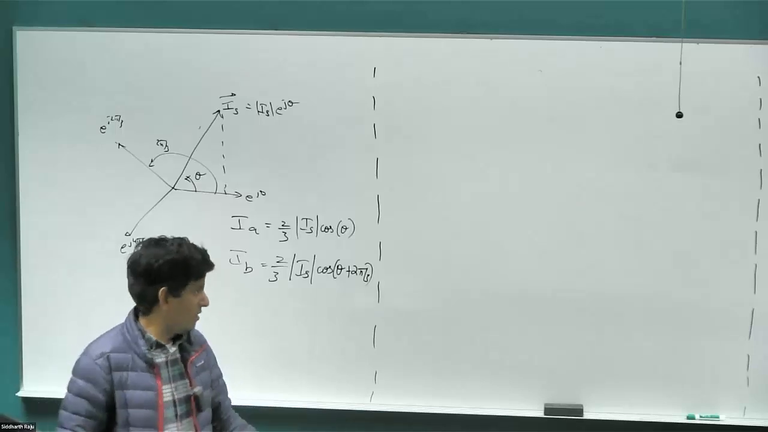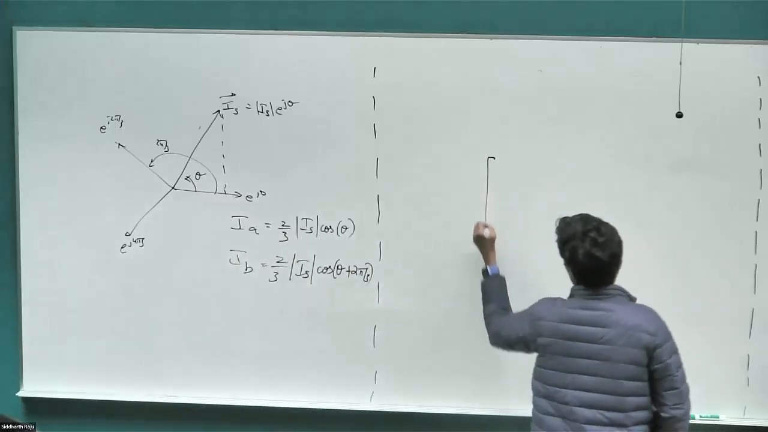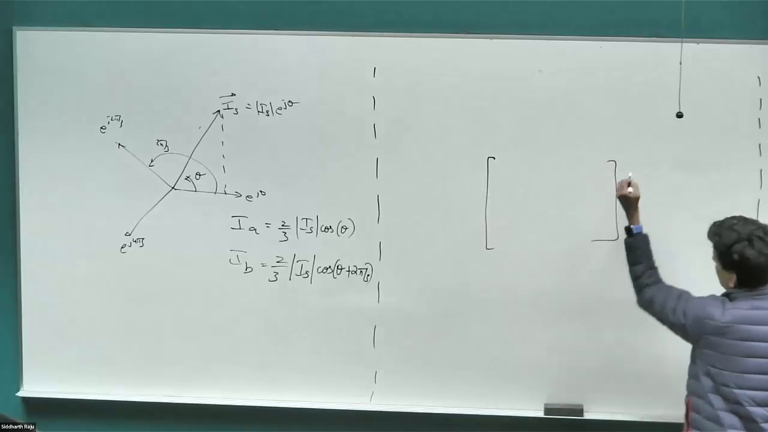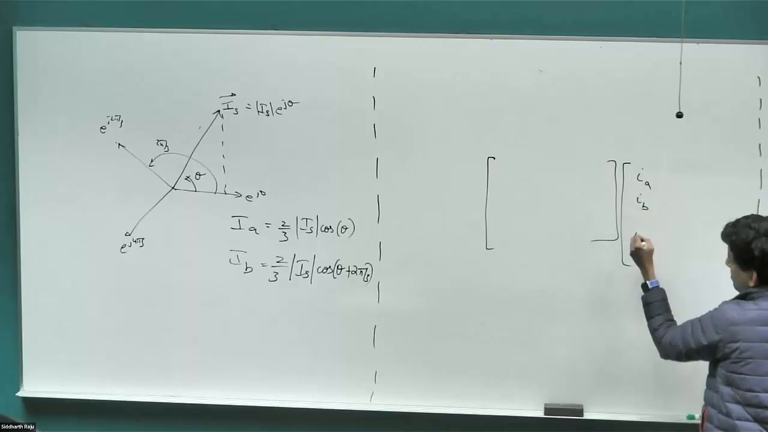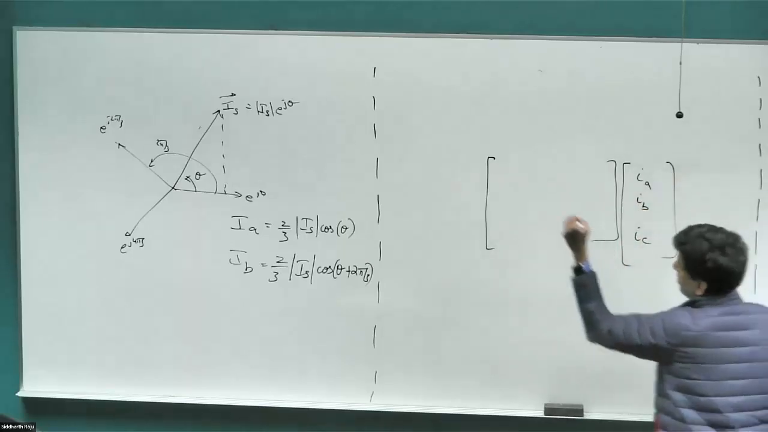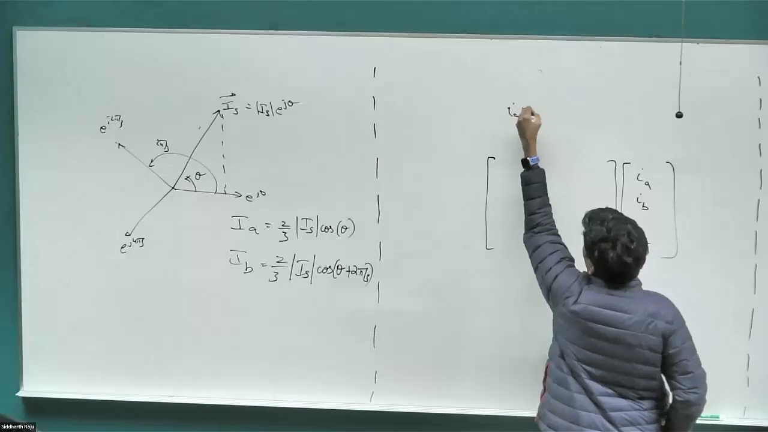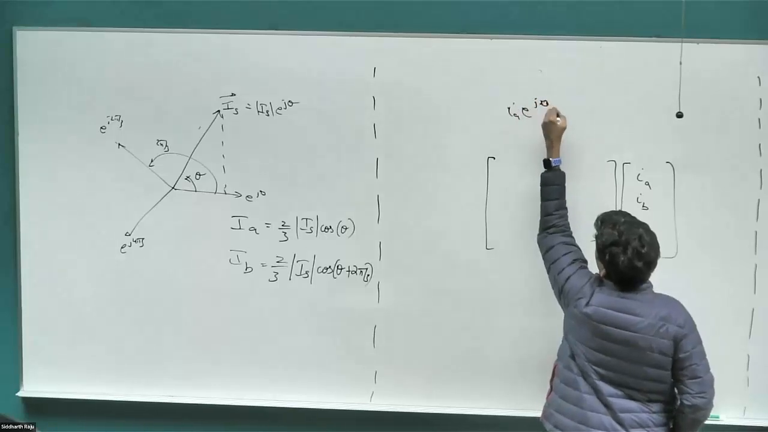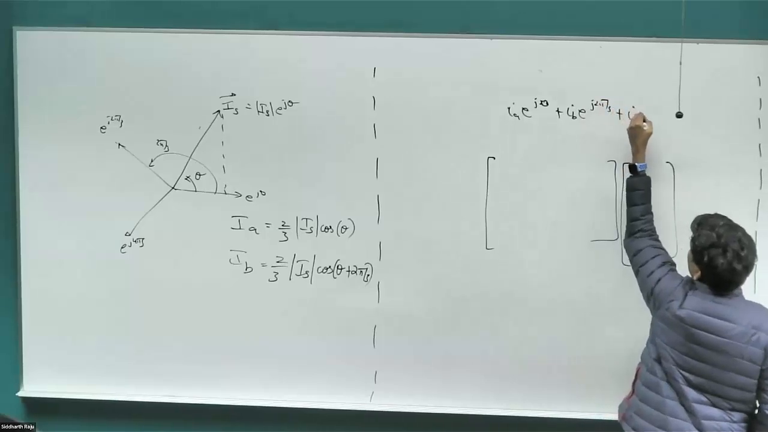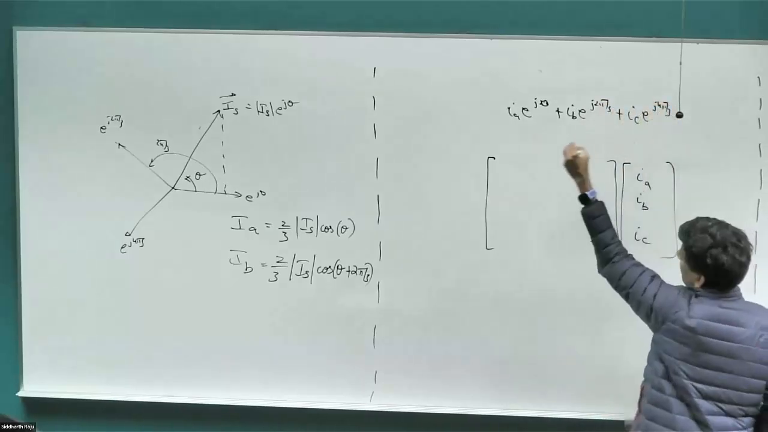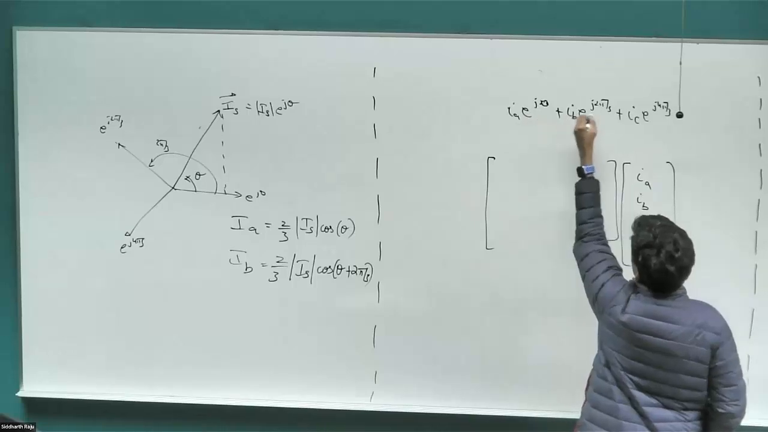So we did give a transformation from ABC to alpha-beta, or space vector. If you have three currents, IA, IB, IC, the space vector transformation formula is just IA e^(j0) plus IB e^(j2π/3) plus IC e^(j4π/3). Right? This you can break down into cos of 0, cos of 2π/3, cos of 4π/3,